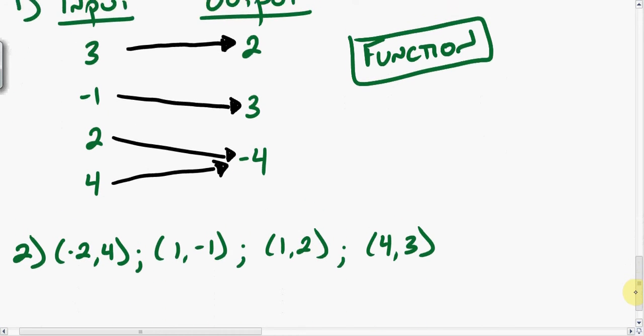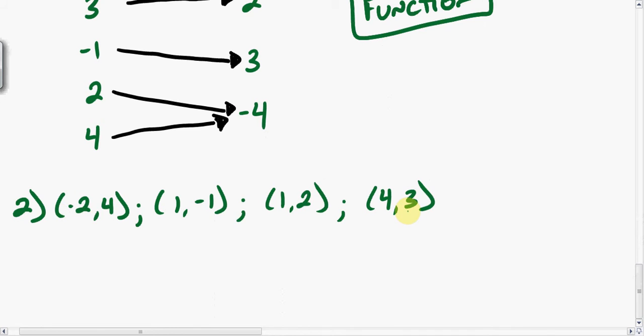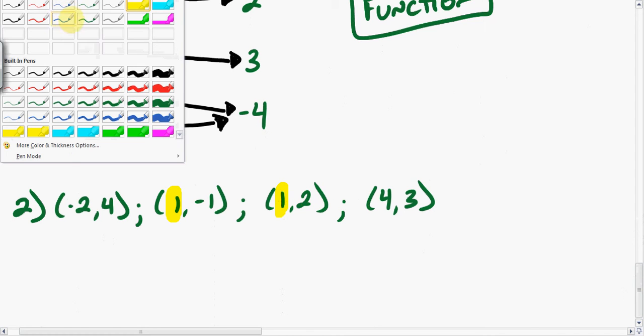Second problem, you may have a relation that looks like this, similar to what we had in part 1. So you could graph this if you wanted to. But remember what we did in part 1: we said look at your x values. If your x values repeat, then you're not going to have a function. So looking at our x values, we've got -2, 1, 1, and 4. And I see a problem here. I see an x value of 1 and another x value of 1. Those numbers repeat. So we do not have a function,